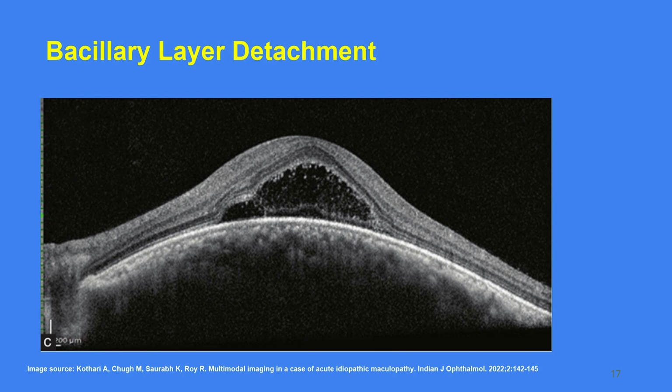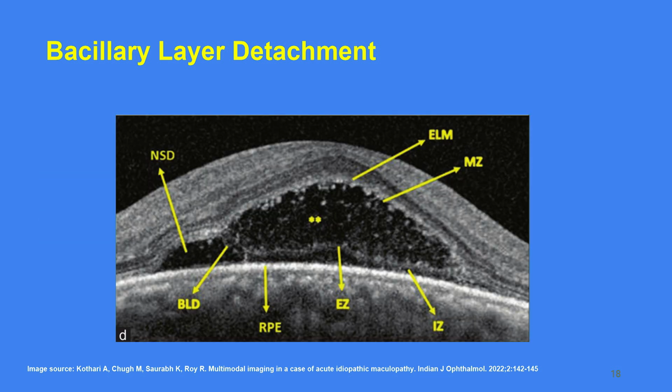We can see a splitting in the retinal layers just above the retinal pigment epithelium. Starting from the left side, the hyporeflective space marked as NSD is neurosensory retinal detachment. The NSD becomes narrower as we move towards center of the image, and we can see another hyperreflective line as the upper boundary of NSD.